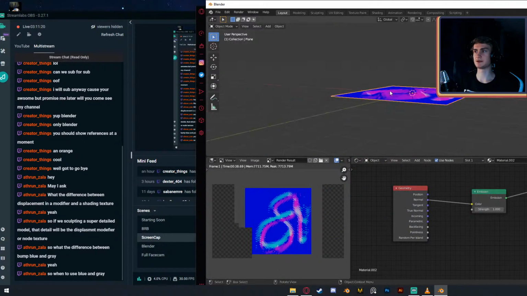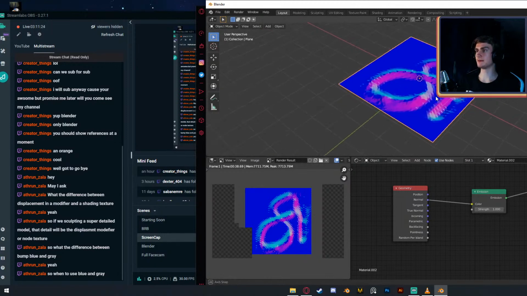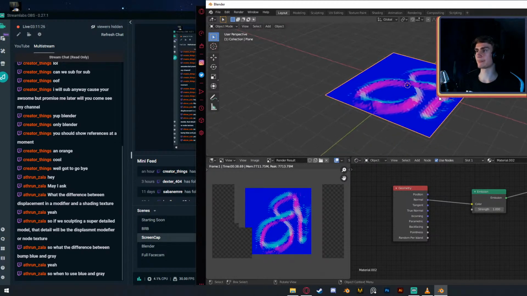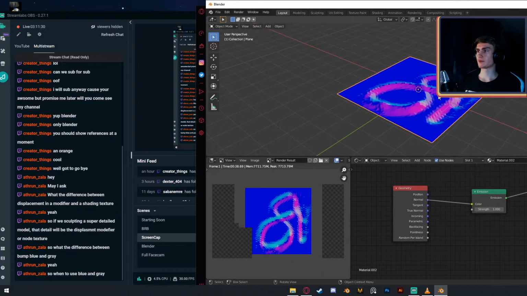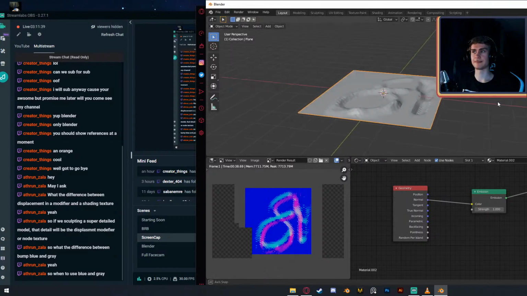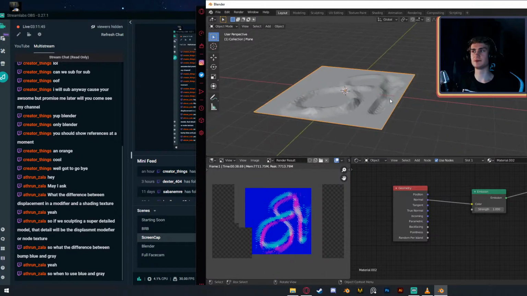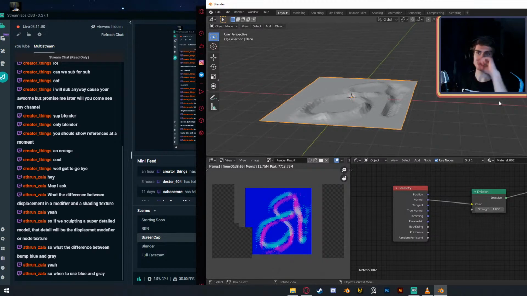It would display it just how we changed this plane, basically. If you, for example, have a character and you retopologize it, you can then use a multi-resolution modifier, and you can apply the sculpted version to the retopologized version, which will